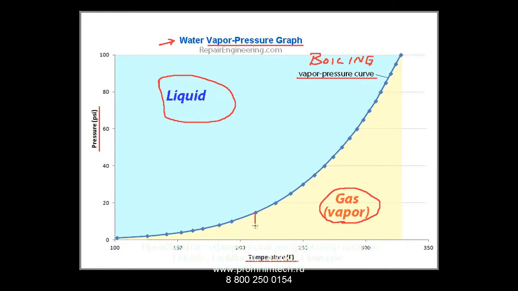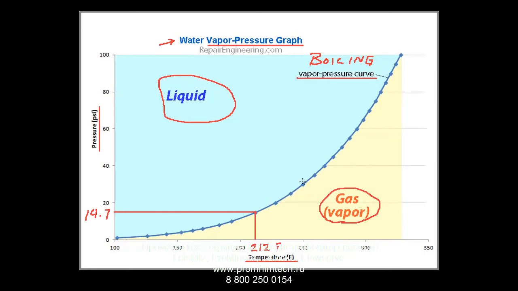To see how this graph works, let's use a couple of examples. For example, many people, when asked if they know the boiling temperature of water, will answer that it boils at 212 degrees Fahrenheit. This answer is partially correct. As shown by the graph, water does boil at 212 degrees Fahrenheit at the standard atmospheric pressure at sea level of 14.7 psi. However, notice that the boiling temperature of water changes with its pressure. In general, lower boiling temperatures correspond with lower pressures, and higher boiling temperatures correspond with higher pressures, as we can